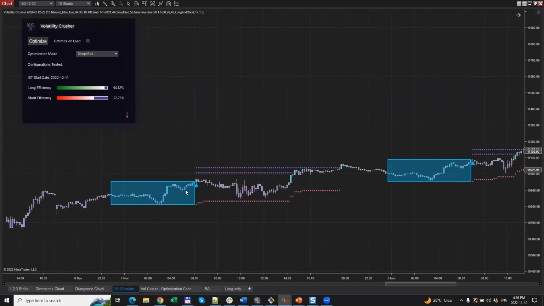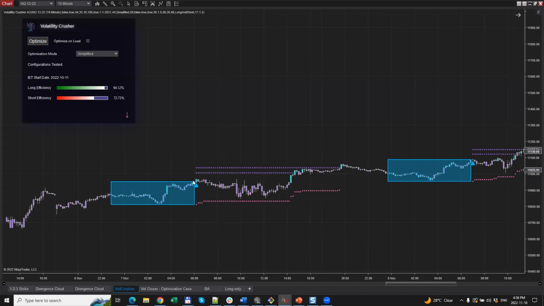You again have your entry signals here. This is a long entry signal because we have an upward facing triangle. But once we have an entry, right when the entry happens, we also know where our two profit targets are, which are denoted by these two lines here, and where our stop loss is, which is this red line here. And the stop loss is a bit particular. It's a trailing stop. You can see here, as our trade progresses in the direction that we want, the trailing stop is being tightened to lock in profit.